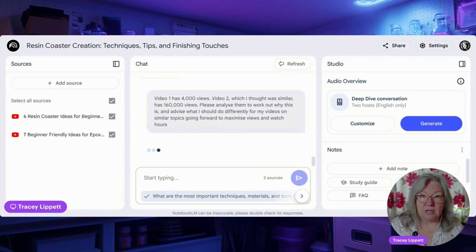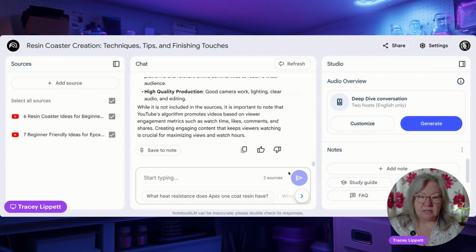Now, it'll do this surprisingly quickly. I'll leave this in real time. Actually, while it's doing it, I'm just going to press this button over here on the right-hand side.